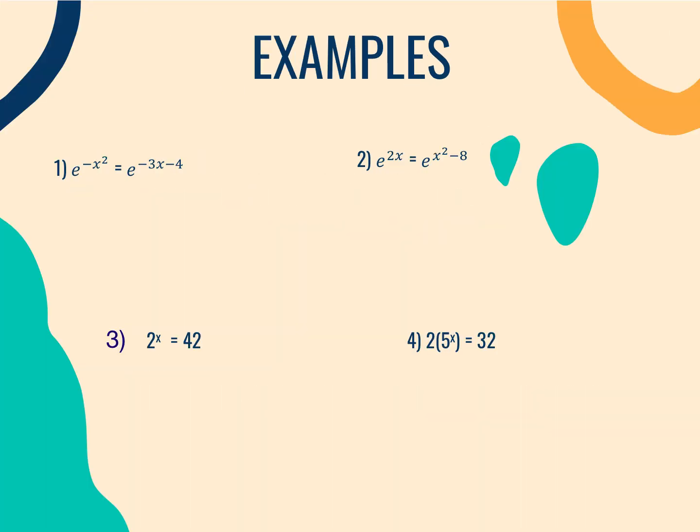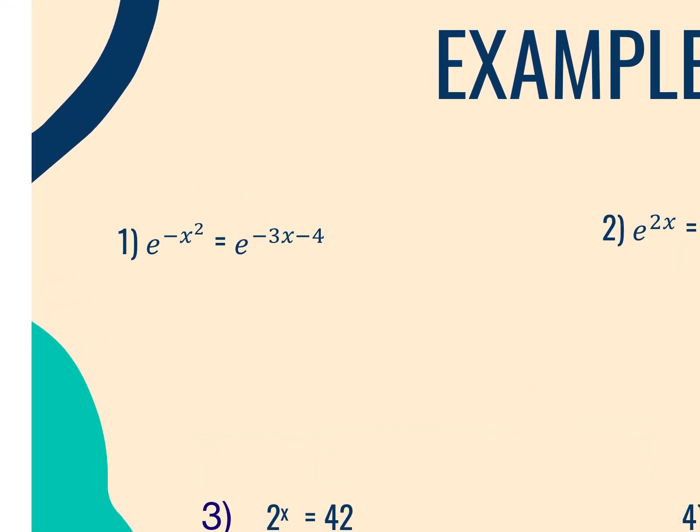All right, so let's just do a couple simple equations. Let's look at numbers 1 and 2. Number 1, I have e to the power of negative x squared equals e to the negative 3x minus 4. This one's actually pretty simple. We already see that e is the base on both sides, so all you have to do is cross them out. And then you're left with negative x squared equals negative 3x minus 4, and then this just becomes a